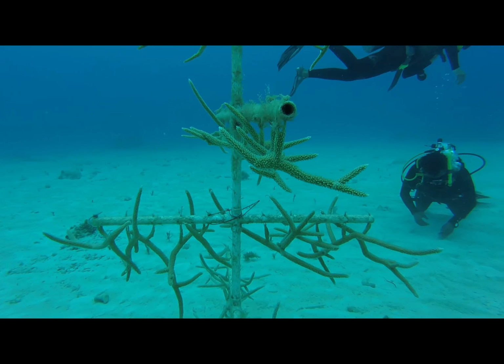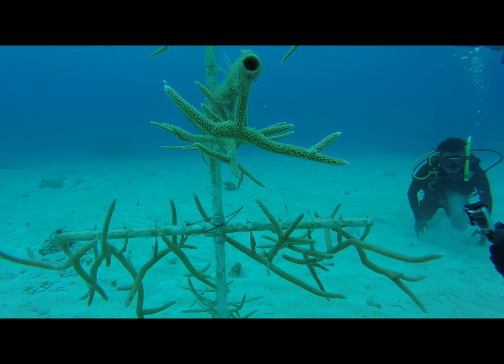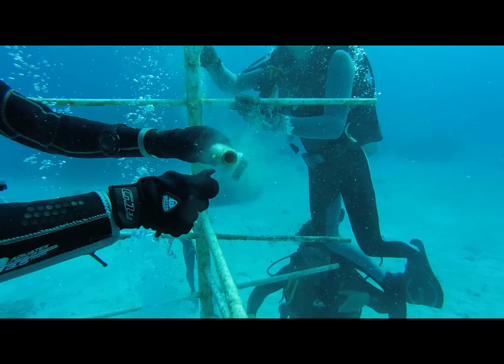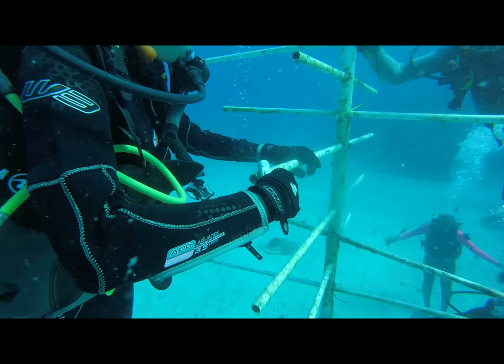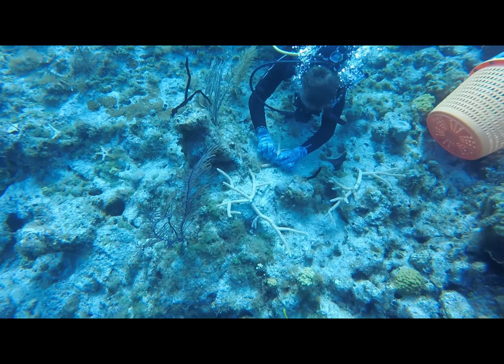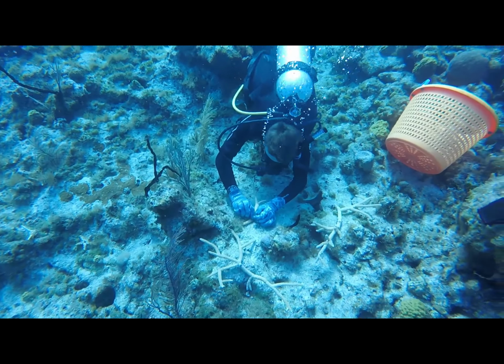To help restore our reefs and resolve the problem of declining corals, a piece of coral is cut off because fragments of coral will grow 15 times faster than a normal coral polyp. The fragment is attached to a PVC pipe shaped like a Christmas tree and is cleaned regularly to avoid algae growth and other predators. Once the coral fragment reaches 6 inches, it is outplanted on the reef in large groups